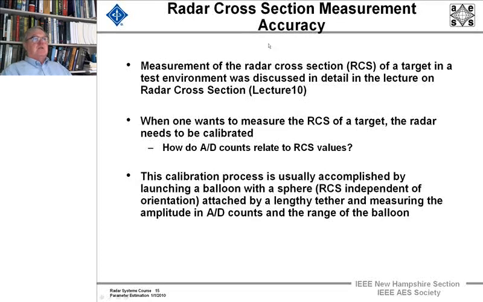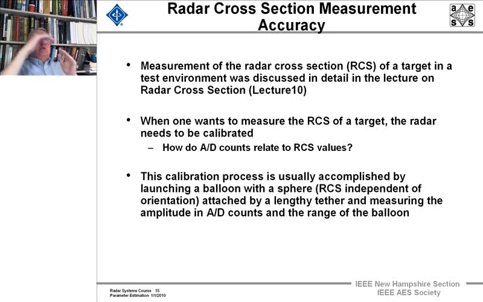Now, to measure radar cross-section accurately, we come out of a radar and eventually you measure A to D counts, which go from 0 to 1024, I think, for a 10-bit A to D converter. The measurement of the radar cross-section of the target in a test environment, we discussed in detail in the lecture on radar cross-section. But what one wants to be able to do is to measure the RCS of a target on the fly. Literally, say we have a time when we're at a test range and we want to know exactly